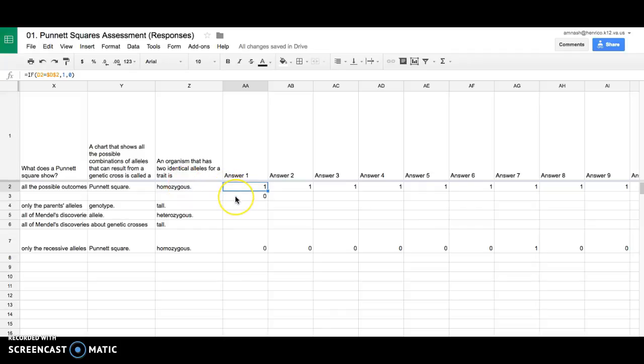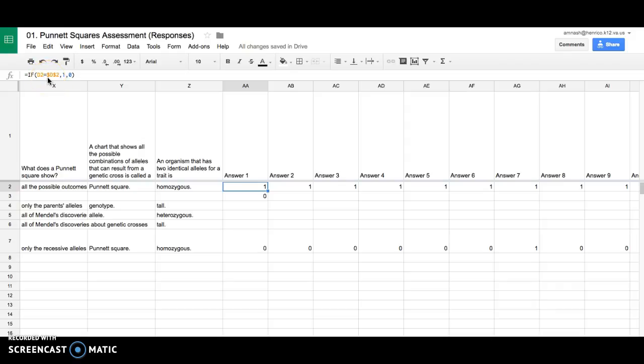Okay, what I'd like to show you is how to get the formula to copy across so that it will score your responses for you. Now, first I'd like to point out that the formula we're using is an IF. So basically, if the answer the student put in, which is going to be in D2, equals the teacher key,